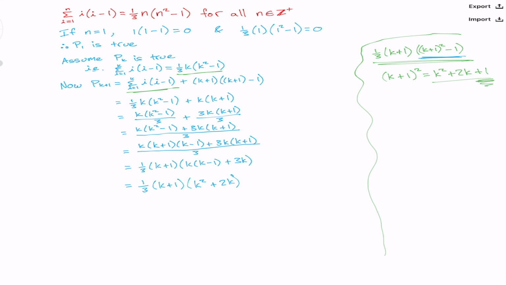So if I want to have a factor of k plus 1 all squared in there, I'm going to have to get rid of that plus 1, otherwise I'm going to change the problem. Now the opposite of plusing 1 is to subtract 1. And you can probably start to see where this is going. So I need to have this with a subtract 1 on the end to get that to be the same problem. And we can factorize it doing that. So what we're going to do here is going to be 1/3 k plus 1, then factorize this to k plus 1 all squared,